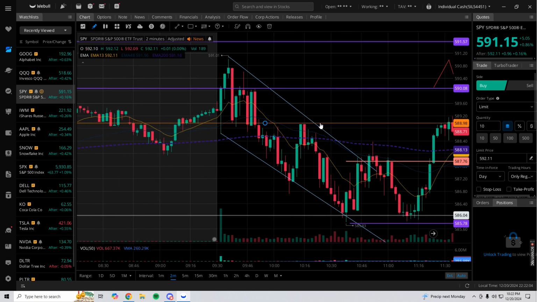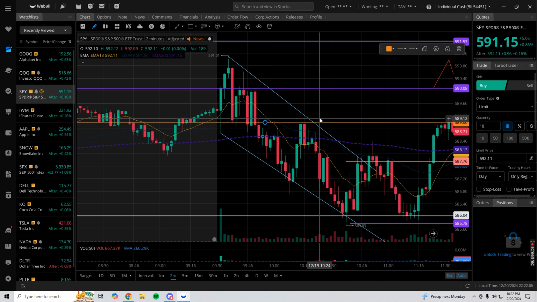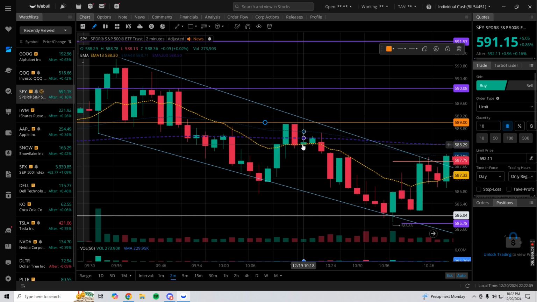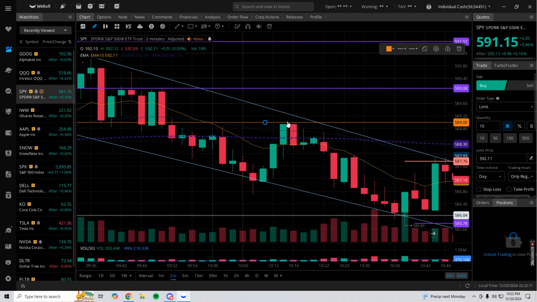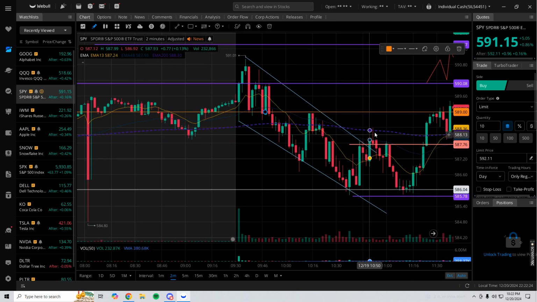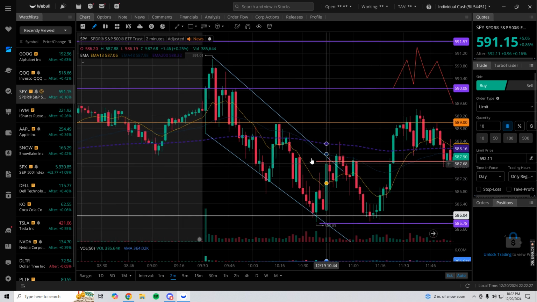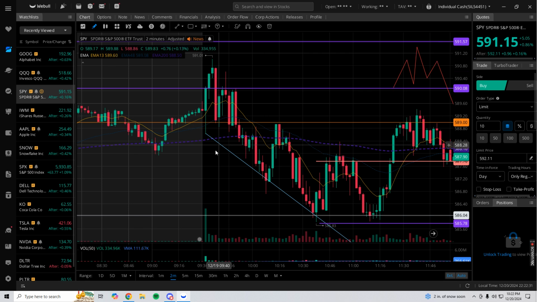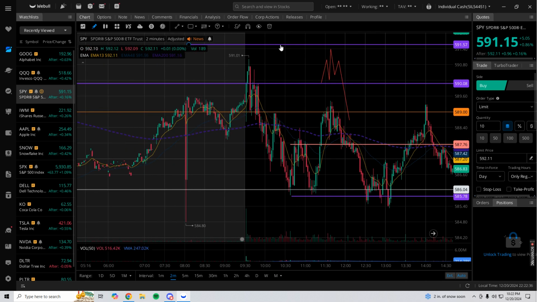If you didn't have this level drawn right here, this 589 level, you would have got cooked because we are attracted to this level more than this intraday downtrend that really means nothing in terms of levels, right? Like I keep saying, your little intraday trends have almost no power. Now I'm not saying that they're not useful because they absolutely are useful, but for something like yesterday, what we wanted to see, and I don't know why my levels keep moving,